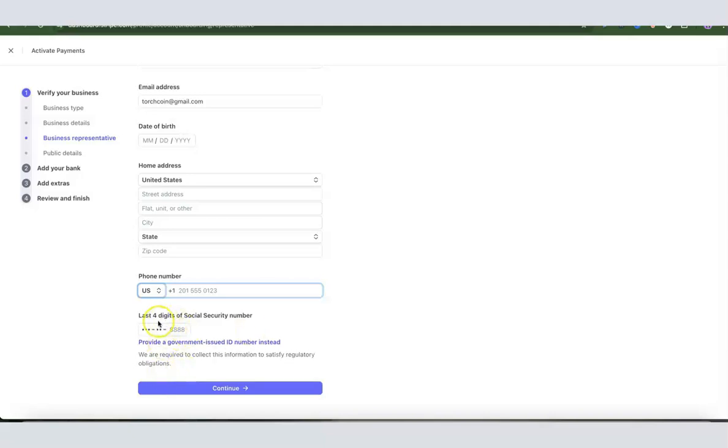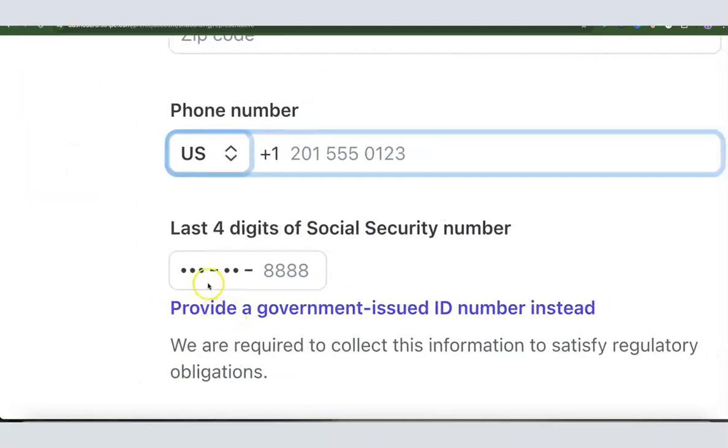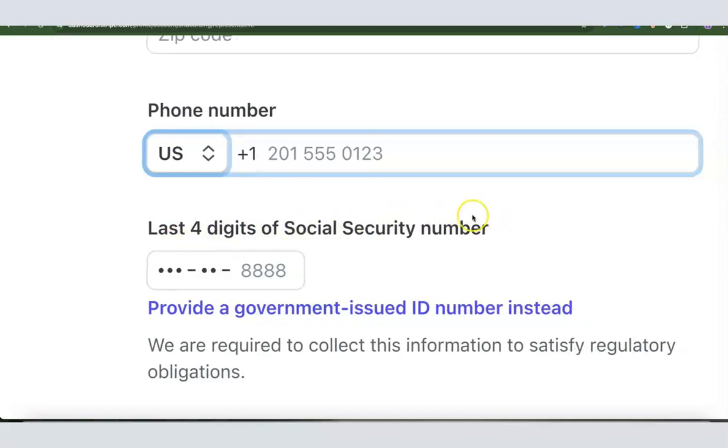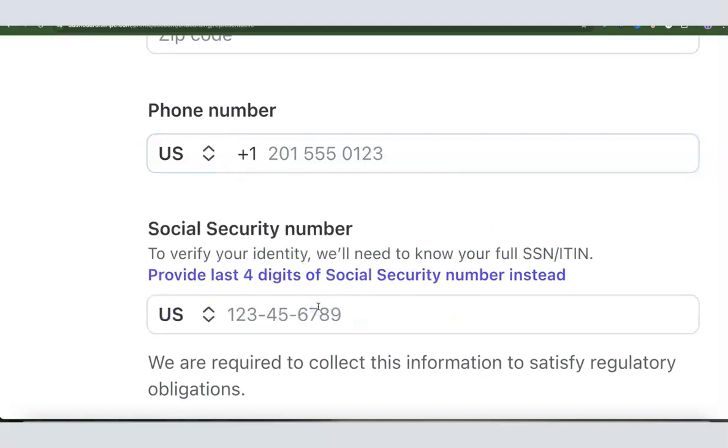So as you see here, it says last 4 digits of social security number. Now you can only have a social security number if you are a US resident, and if you are not a US resident, you can't enter your social security number here. So what you want to do is to provide a government issued ID instead. So since you are not in the US, what you want to do is click on provide government issued ID here. So click on it. When you click on it,